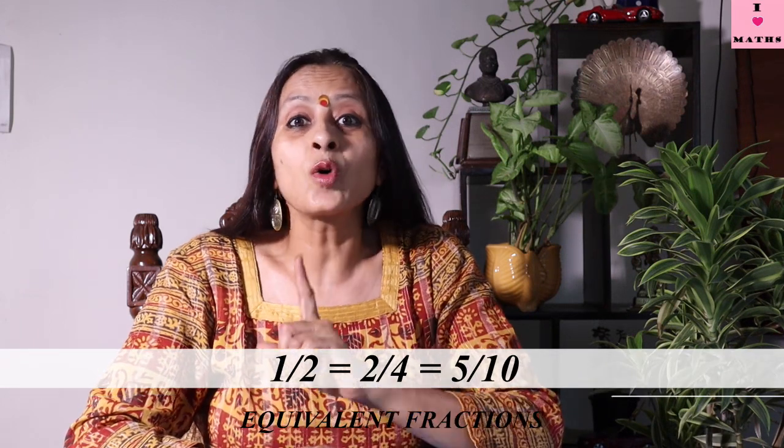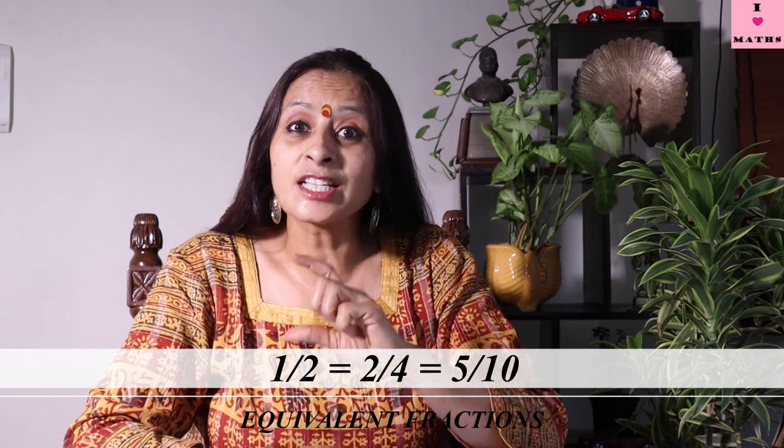Suppose the same cake I divide in 10 equal parts. And out of those 10 parts, I eat 5 parts. So what will we say? I have eaten 5/10 of the cake. But actually I have eaten half of the cake. So children, 5/10 is equal to 2/4 is equal to 1/2, as we have been learning in the equivalent fractions. So 1/2, the smallest looking fraction, is the simplest fraction, or we also call it fraction in the lowest form.